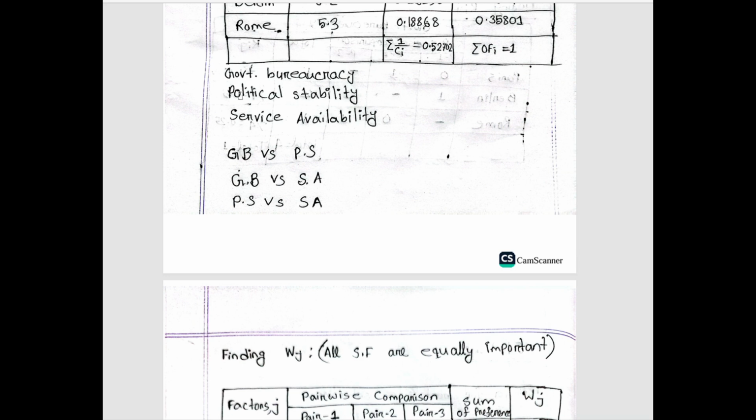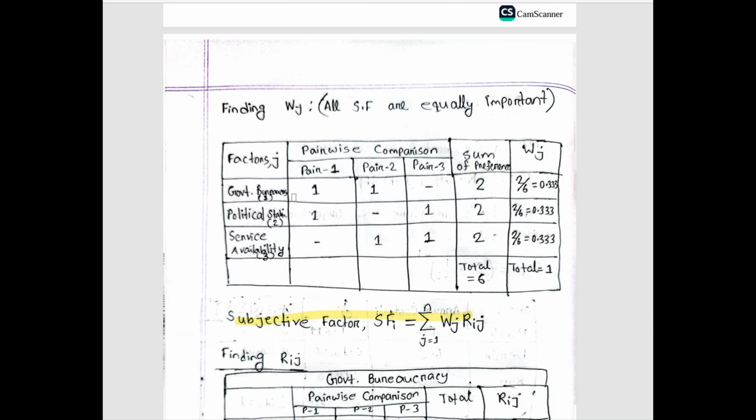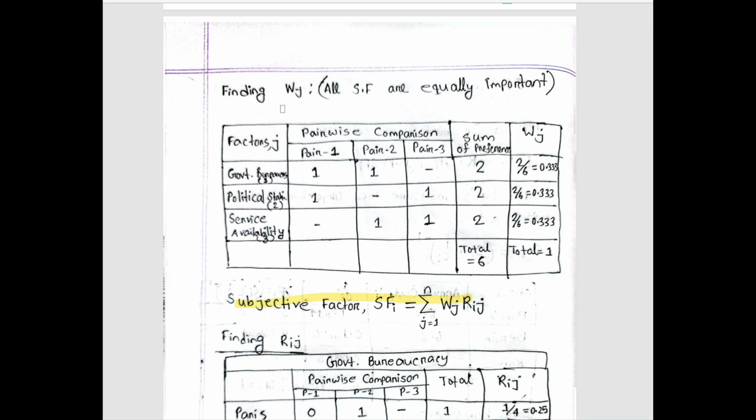First of all, government bureaucracy versus political stability, GB versus PS. Then government bureaucracy versus service availability, and we did not include political stability here. GB versus SA, and lastly political stability versus service availability, and we did not include government bureaucracy here. That's why, for finding the weight of influence factor,